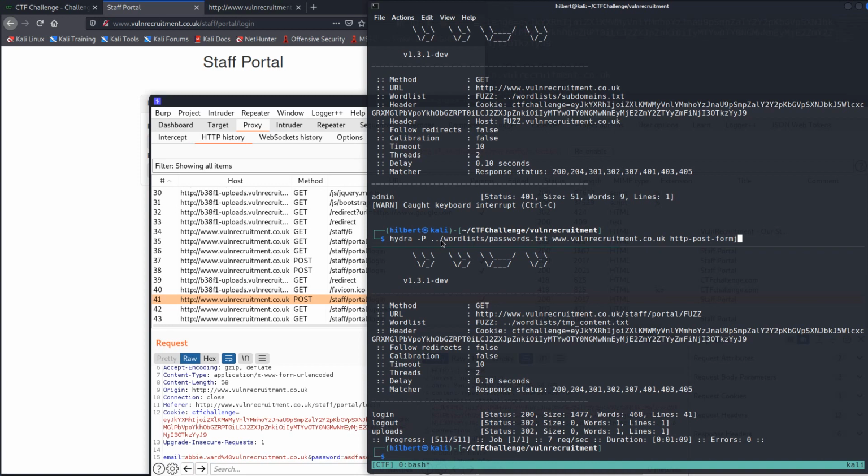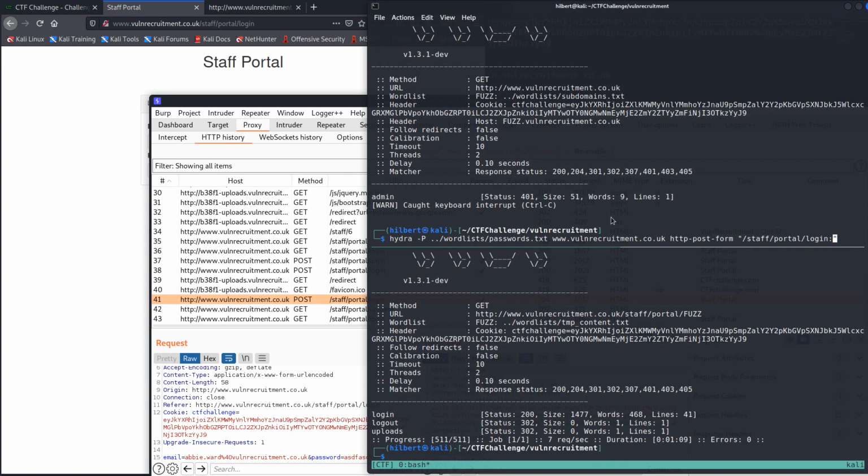And then in between these quotes, all the important stuff happens. You separate things by a colon, and the first one we need is the path we're actually going to. So we're hitting staff portal login. That's the page we'll be sending the post request to, and then we give it a colon,